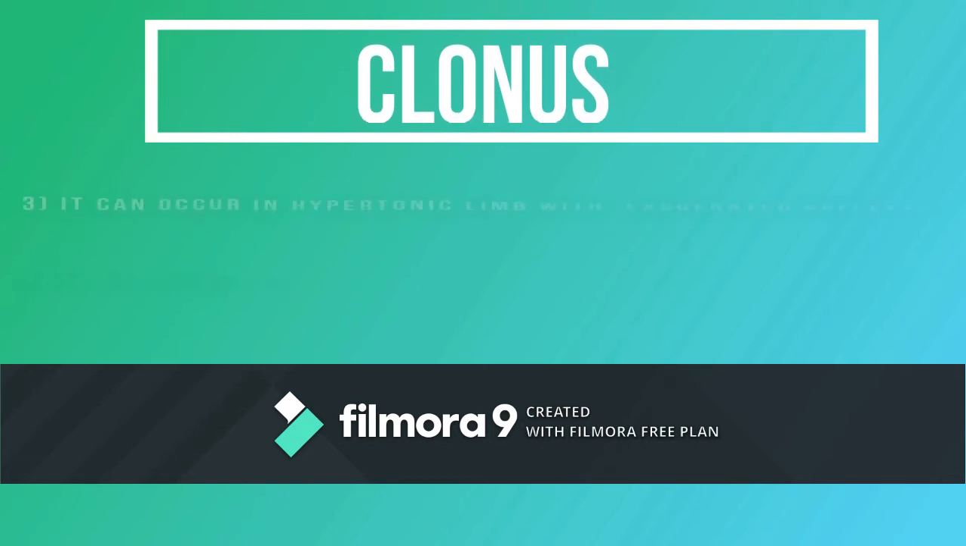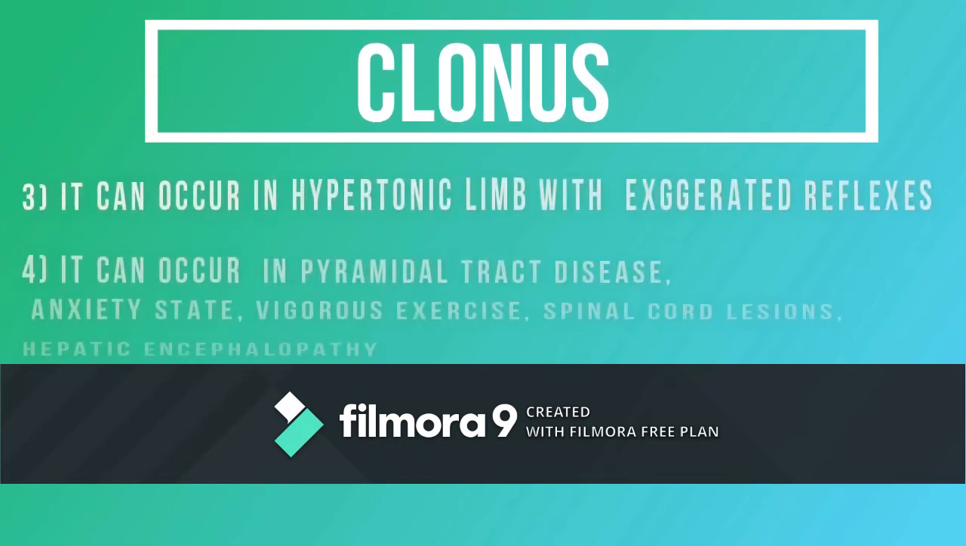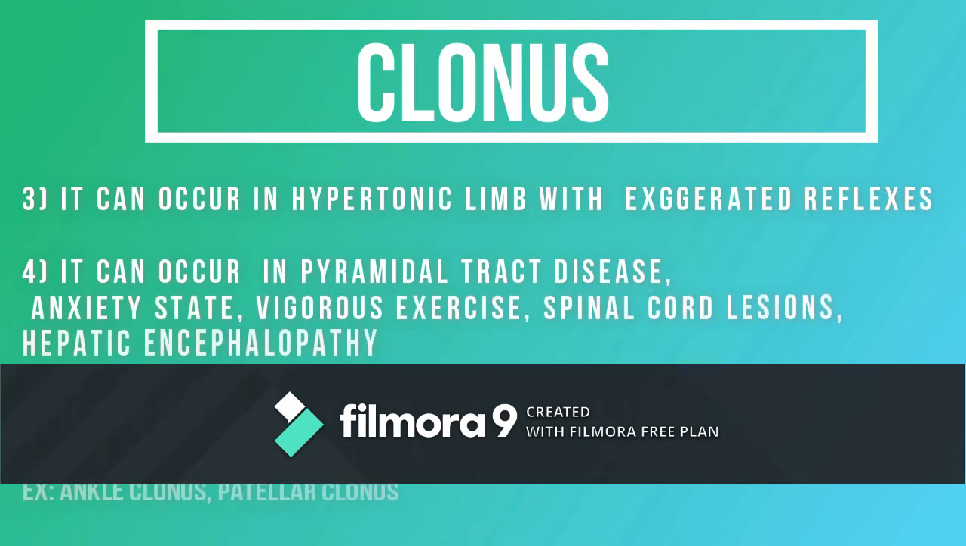Now let us discuss the common causes for clonus. Clonus occurs whenever the muscles are hypertonic. So what are the common causes for hypertonia? The common causes for hypertonia are pyramidal tract diseases, hepatic encephalopathy, spinal cord lesions, some anxiety states, and vigorous exercise. Because of these reasons, the muscular tone increases and the muscle can undergo sudden muscular contractions and relaxations,